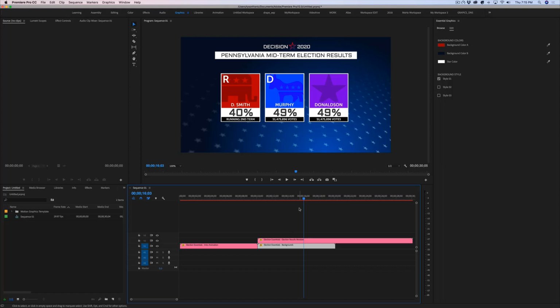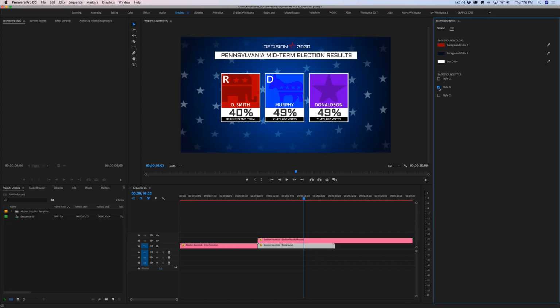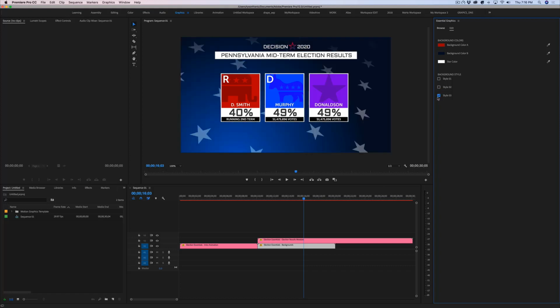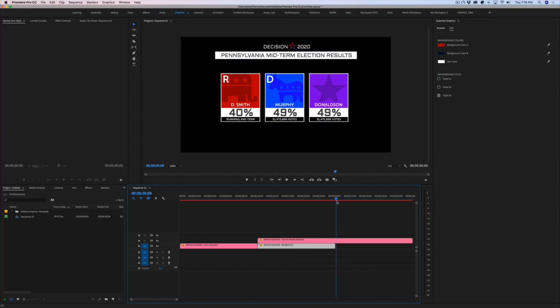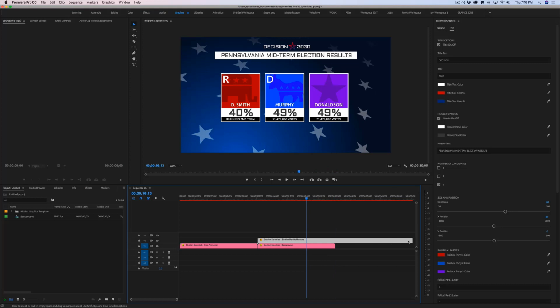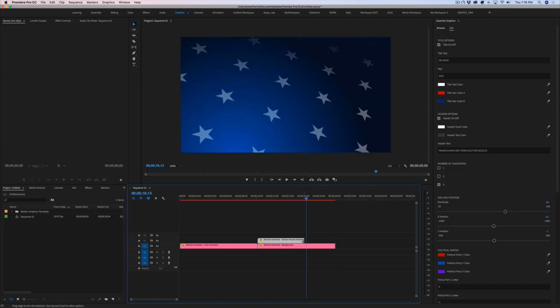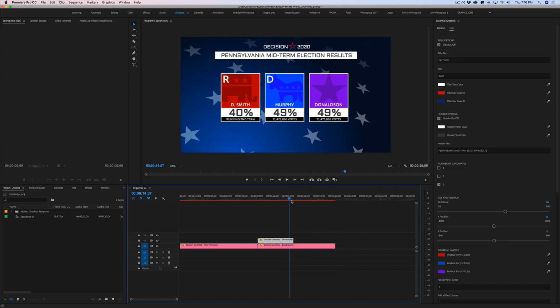Now let's say we're looking at this and we're not really too happy about our background anymore. We can again just go back to our background Mogrt underneath and just change the style if we wanted that more of the face on thing, or even style number 3. That looks great too. So just letting you know that any of this is updatable at any time. So what we'll do is cut this short a little bit so that that ends there, and then